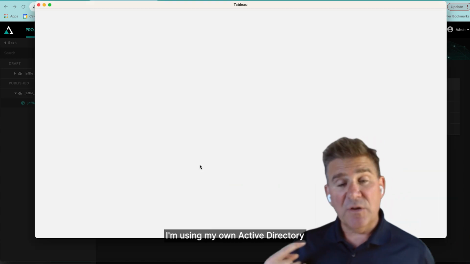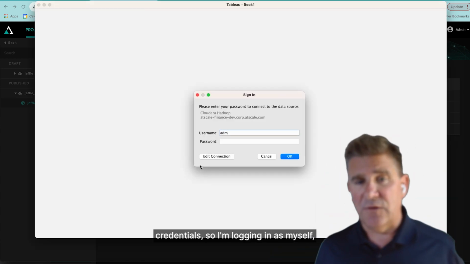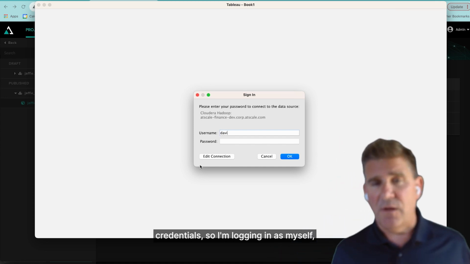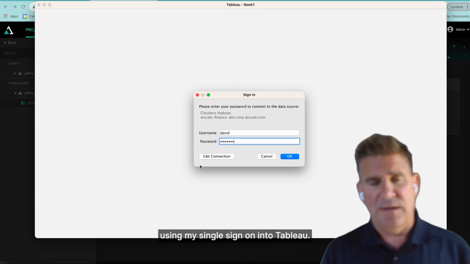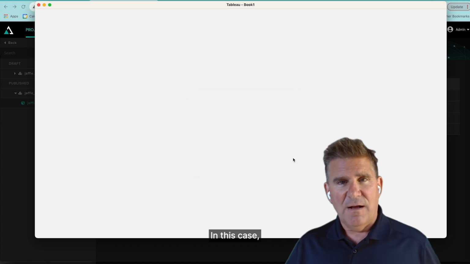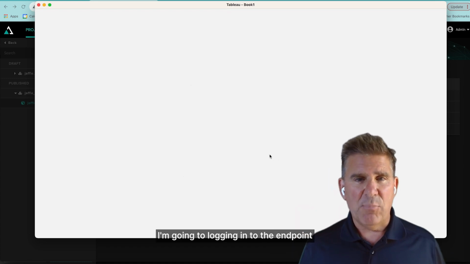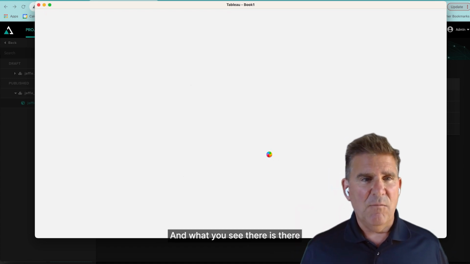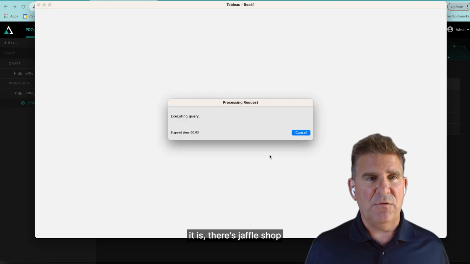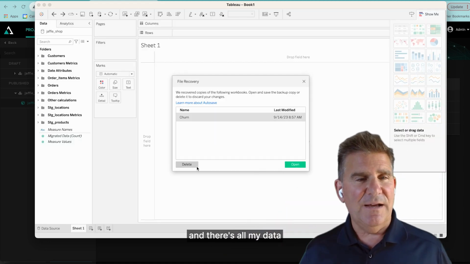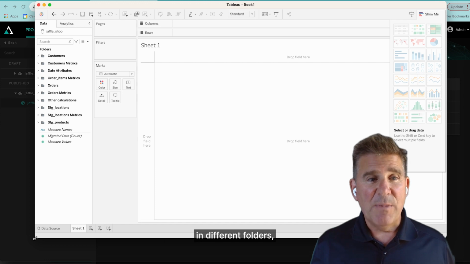So let's log in. I'm using my own Active Directory credentials. So I'm logging in as myself, using my single sign-on into Tableau in this case. I'm going to log into the endpoint for AtScale. And what you see there is Jaffle Shop, and there's all my data in different folders, all my metadata